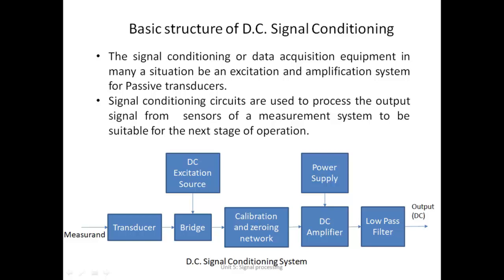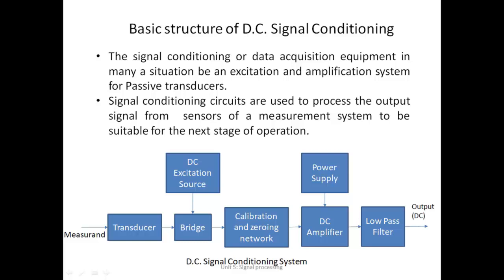Now over here, the measurement is actually giving a signal to the transducer. Your transducer might be a strain gauge, it might be a piezoelectric device, it might be anything. So your transducer is connected to a bridge, the Wheatstone bridge, like I was talking about. The DC excitation source is mentioned over here because the bridge needs some external power, a battery, to work. From one side, it takes the value from the transducer, converts it into an electrical equivalent, and gives it to the next circuit.